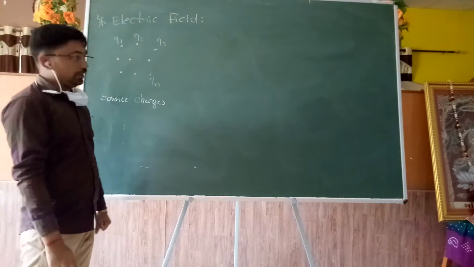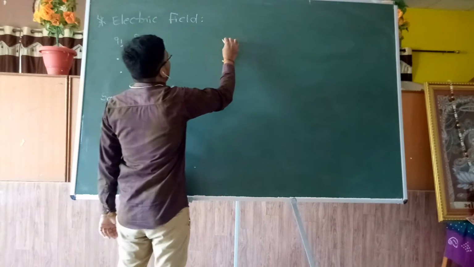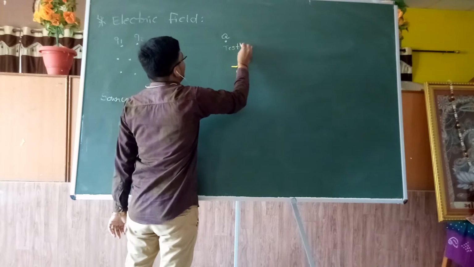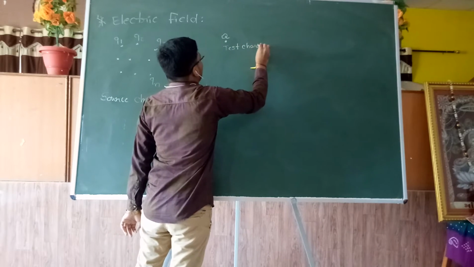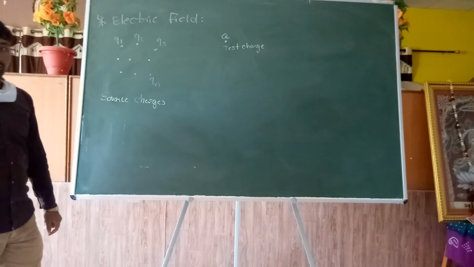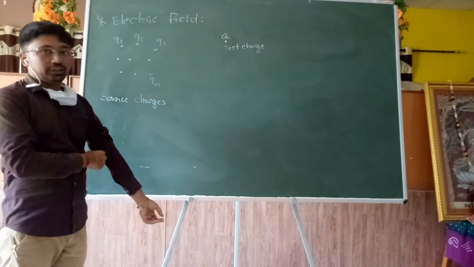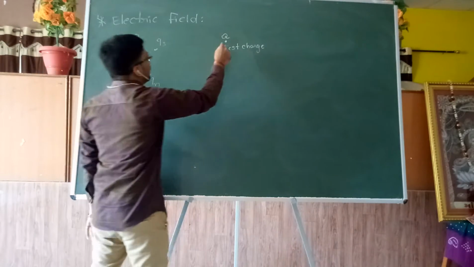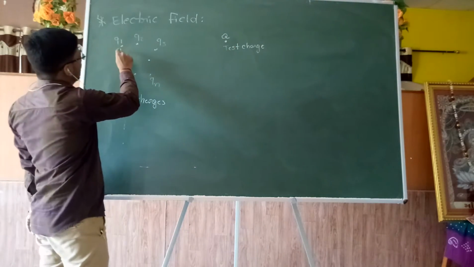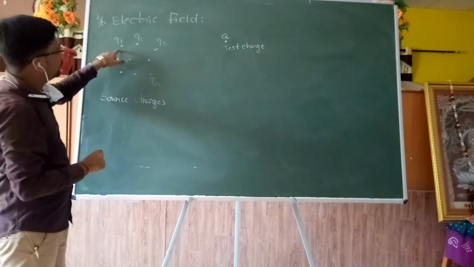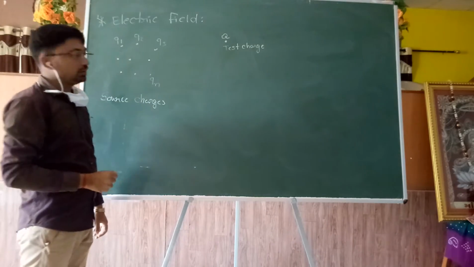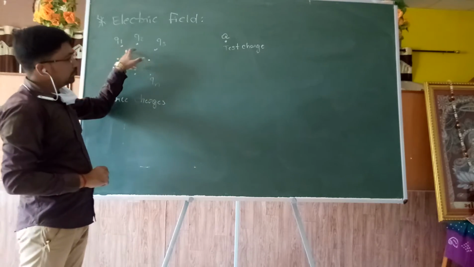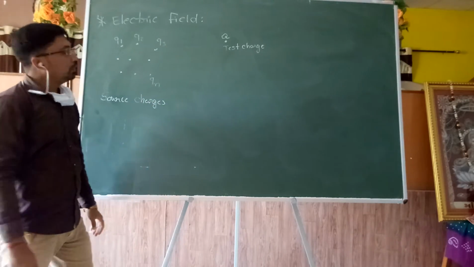And test charge, capital Q. Previously we have calculated the total force on the test charge Q by source charges Q1, Q2, Q3, and it is the vector sum of all the forces due to the source charges on the test charge Q,